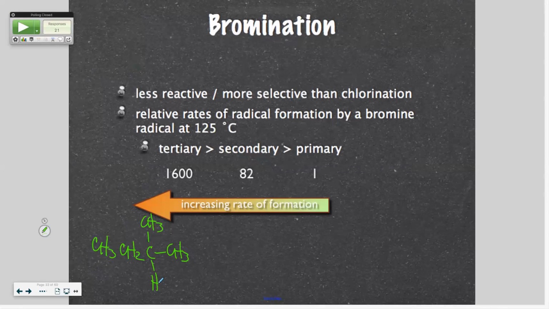Okay, what kinds of hydrogens do we have on this? We have primaries, secondary, and tertiary. If you do this with chlorination, you're going to get all of the possibilities. But if you do it with bromine, don't forget your H nu. It's a funny V, like a Greek letter. Okay, what's going to happen is you're going to get